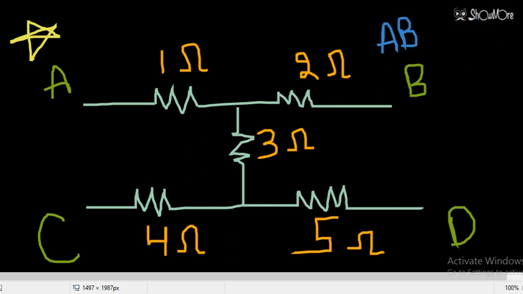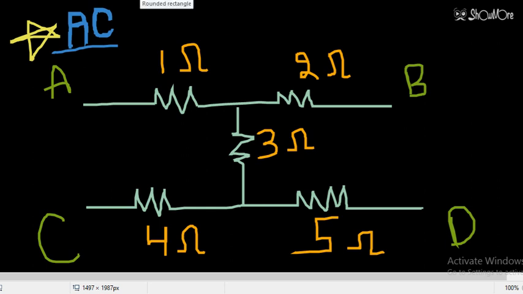Next question: find the resistance between point A and C. You can try this question also. 10th class as well as 12th class students, both these types of questions are important. So now the question is, find the resistance between the terminals or points A and C. We will take a short break. You can try this question up to that time.